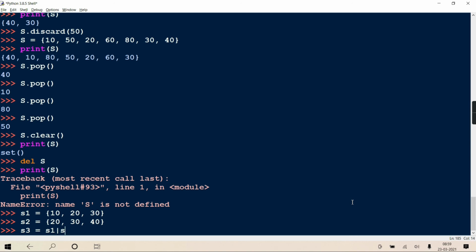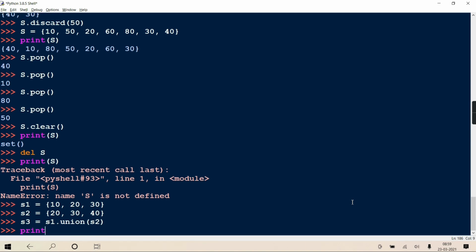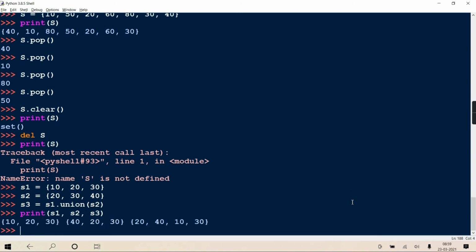This way also you can do it, or S1.union(S2), one and the same thing. If you print and see all the sets, first set, second set, third set. Now in that third set is the total of both, but 20 and 30 are not coming twice, they are coming only once.